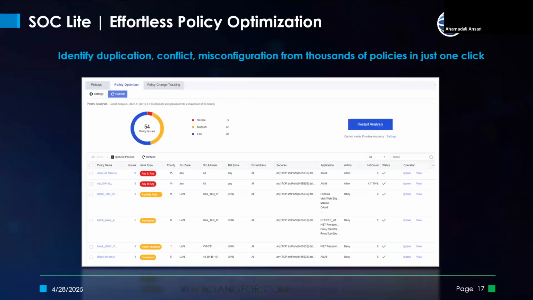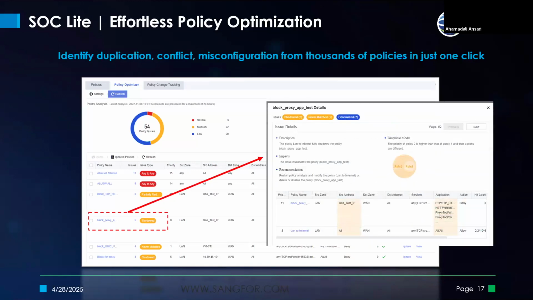And then policy optimization. Now, this is something which is very important because it's a school, and definitely the IT administrators are loaded with work. They try to create a number of policies. Some policies are just for testing purposes. Some policies are created to give certain access as temporary access. But those are kept open, and that's where the attackers can use these policies to communicate. It becomes very important to understand which policies have been there, and whether there is duplication or not.